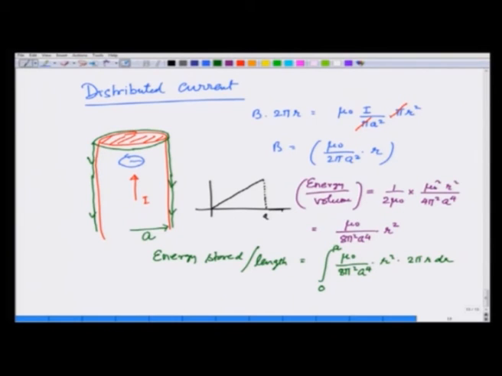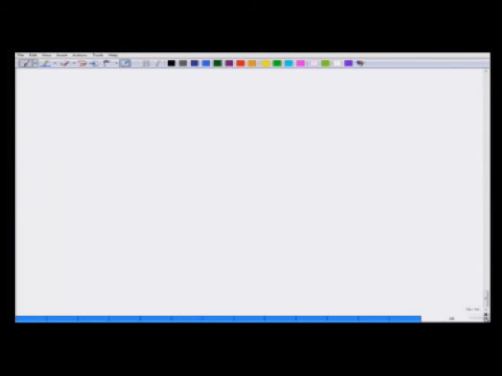Let us calculate this, so we are calculating energy which is equal to integration 0 to a mu 0 I square over 8 pi square a raised to 4 times r square times 2 pi r dr,